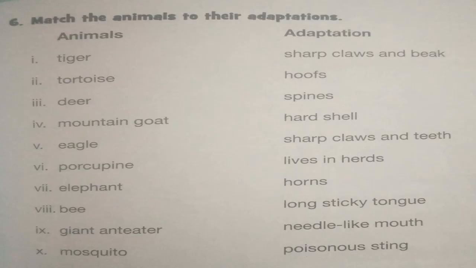Dear students, now that's all about today's reading and lecture. We are just going ahead. This is question number 6 of your exercise. Match the animals to their adaptations on page number 55. You just have to match the animal and then the specific physical feature which suits its adaptations. For example, there is the tiger. The tiger has sharp claws and teeth for feeding itself. On the next page, I will give you the solved exercise of this question.